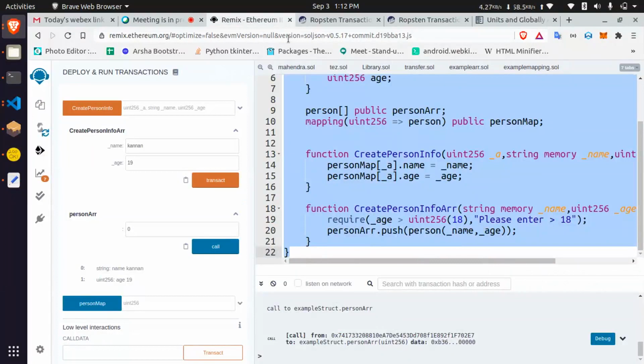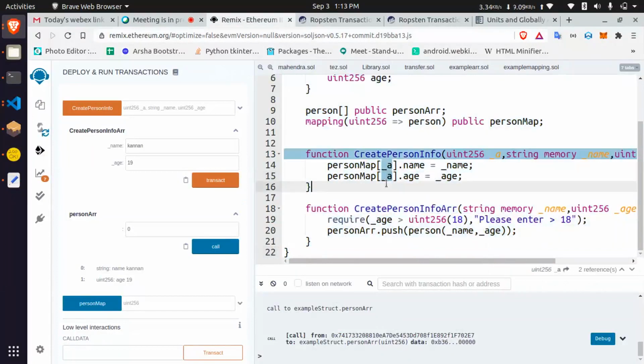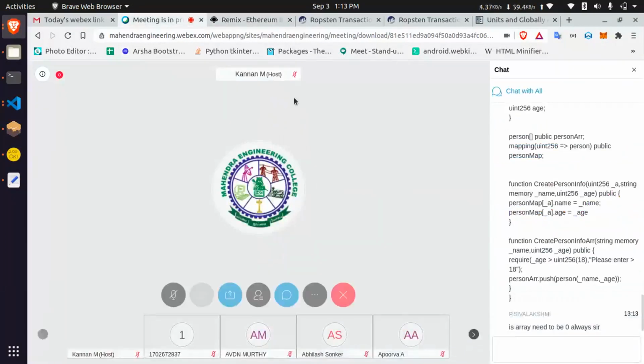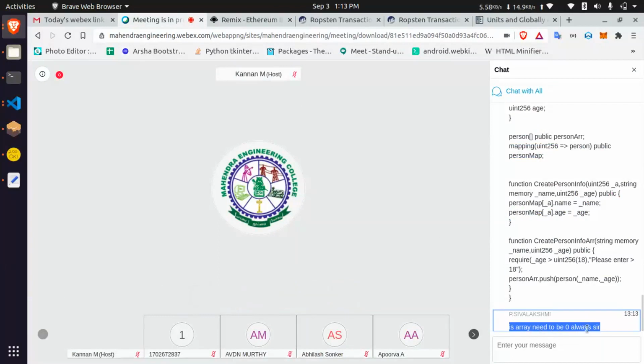Try the contract and then let me know. We will move on next. Does this array need to be 0 by 0? No. If you are pushing any values, that index will increase automatically, right? That array will increase automatically.